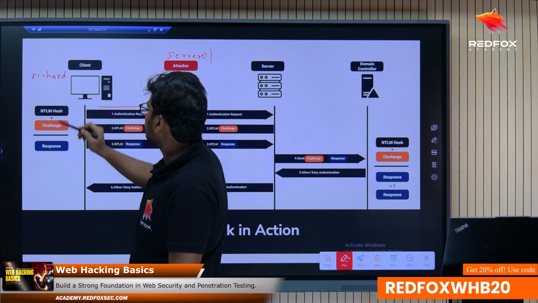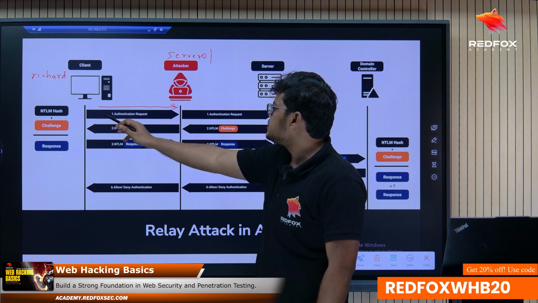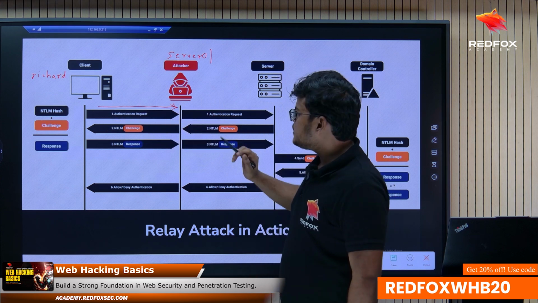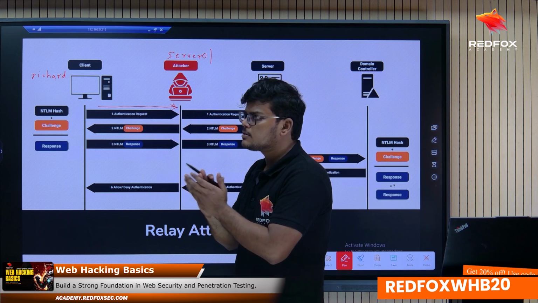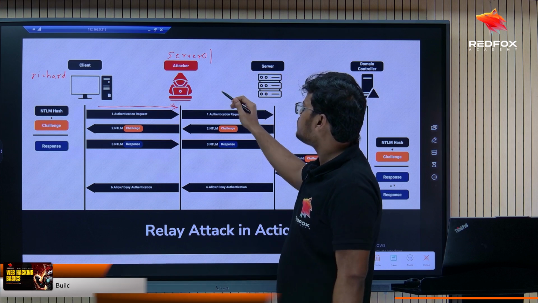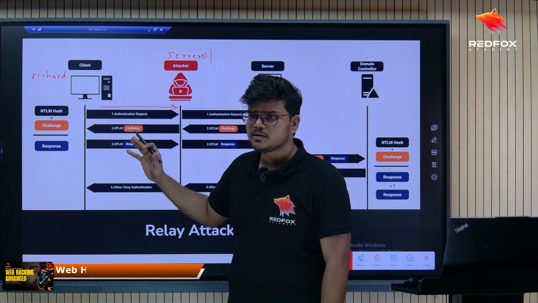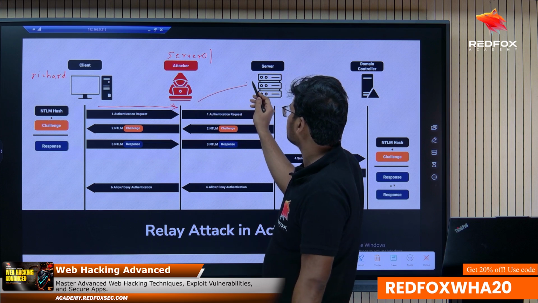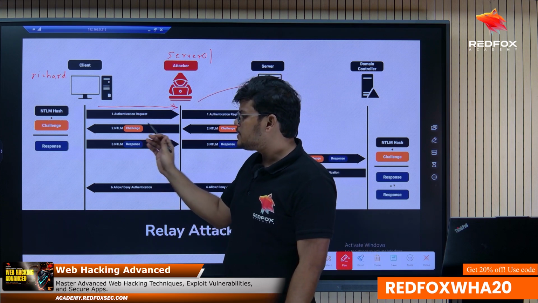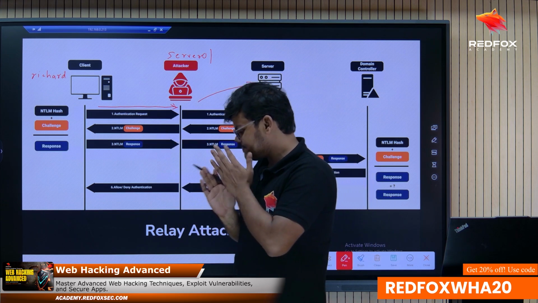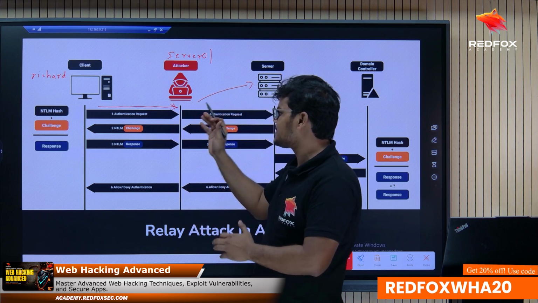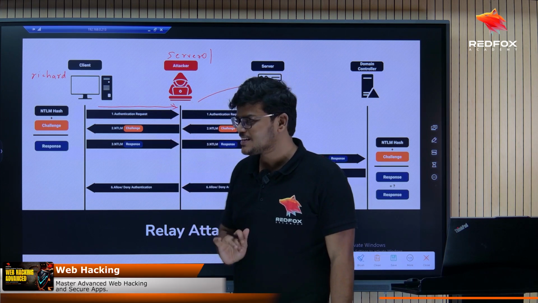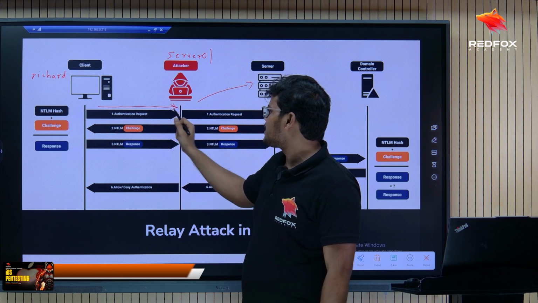Okay, then we will take the authentication request of this Richard user, and then using the same authentication request, we will ask each and every computer in the domain and use their authentication request to do some malicious things. Basically, we are not that helpful that we would just give them the share, right? We are not going to do that. Basically, as an attacker, what we can do is take that authentication request,